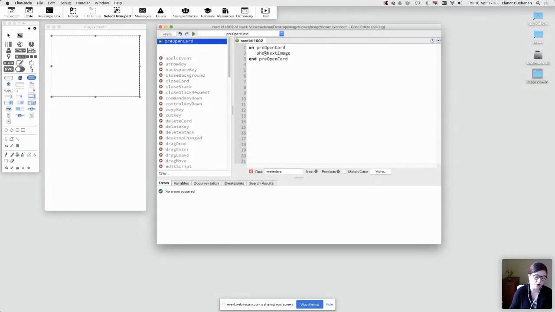That's it. And then all our work will be in the show next image handler. So pre-open card is a message, so that's automatically sent by the LiveCode engine when the user opens the card. But show next image is going to be a custom command that we write. So we'll call it, it's a command, and it's show next